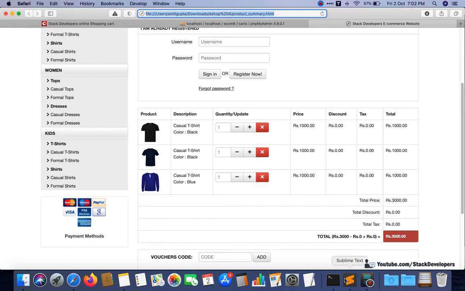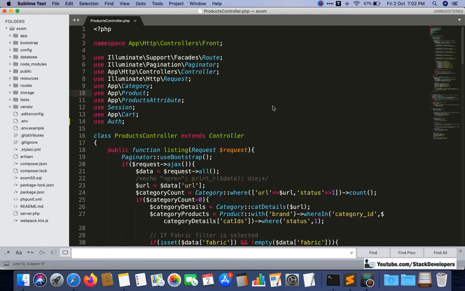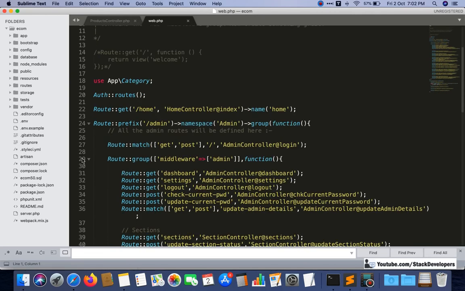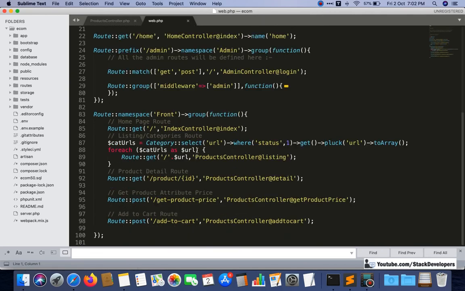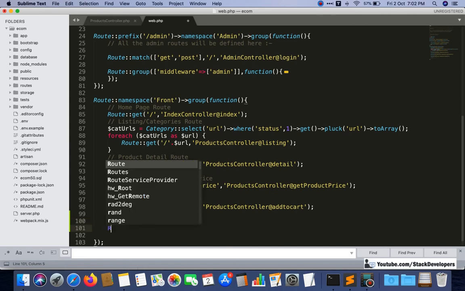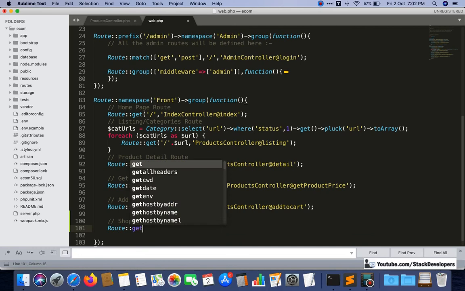First of all, we will do one thing: I am going to create its route. I can close this admin group, and like add to cart, I am going to create the get route. I will write here shopping cart route, and here I am going to add the get route.